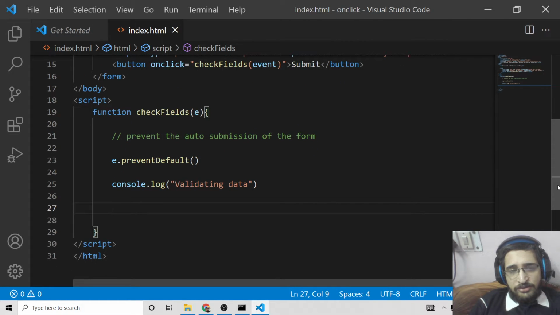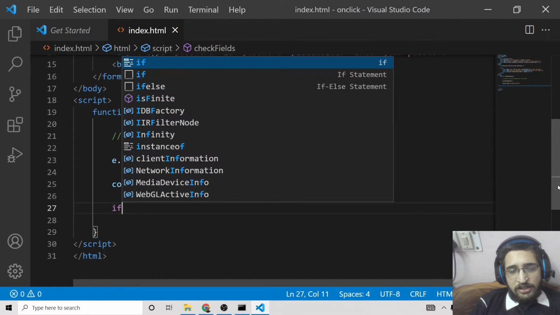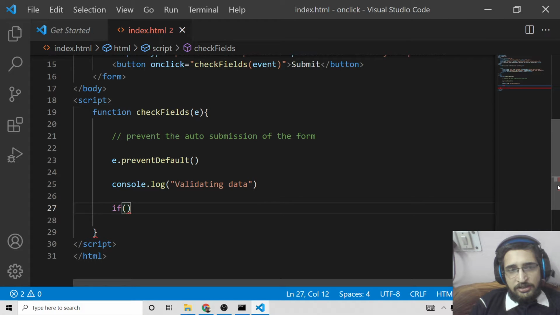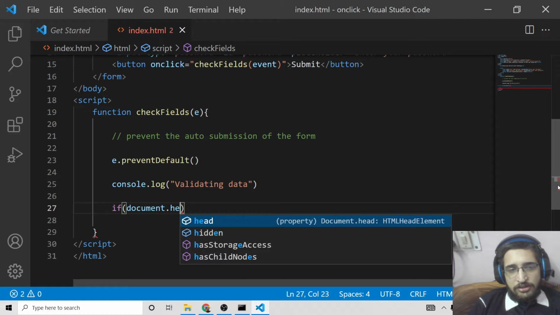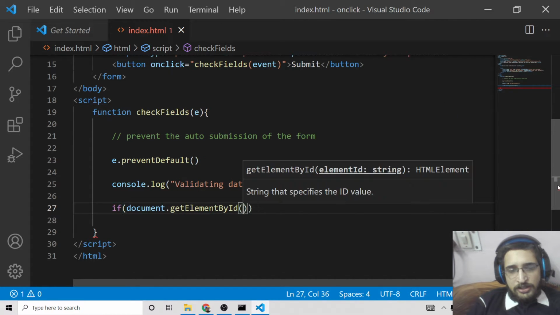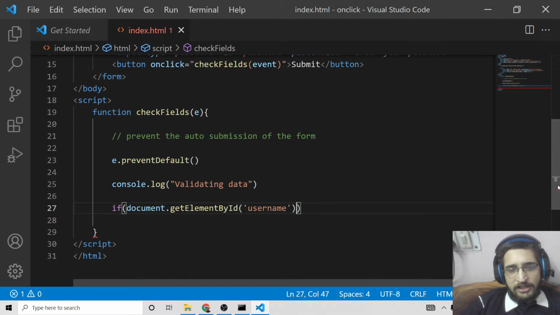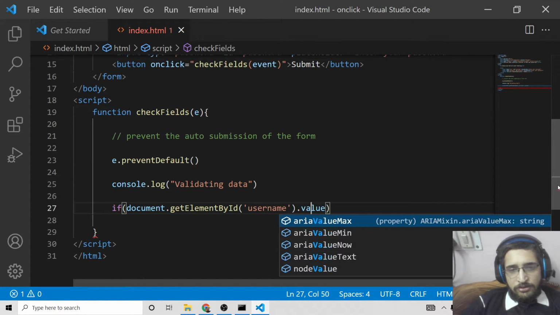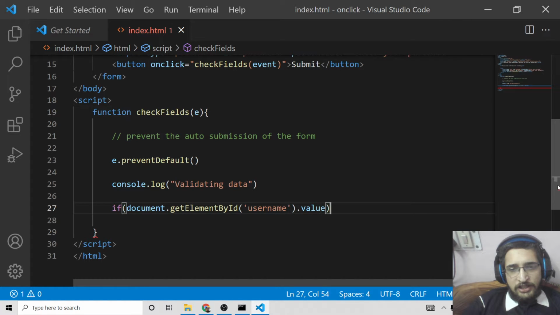What we can do is check inside an if condition, and this is very easy. We can get document.getElementById, attach the ID, we have given the username ID here, and we can get the value by .value. After getting this value, we can compare it.